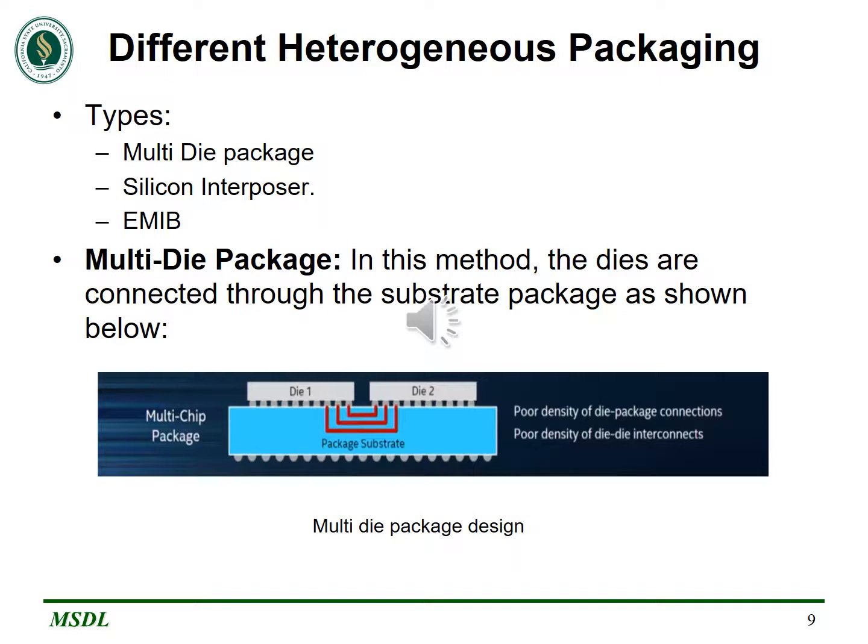Coming to multi-die package, in this method, the dies are connected through the substrate package as shown in the figure. We can see here how die 1 and die 2 are connected with the package substrate. Coming to the advantages and disadvantages, it has a poor density of die package connections and also die-to-die